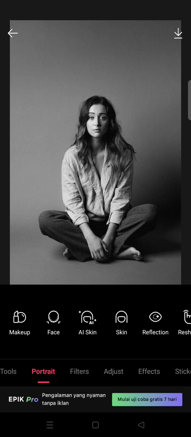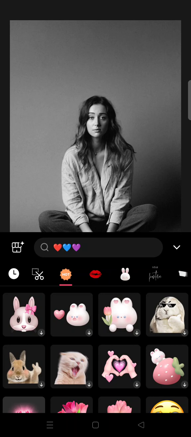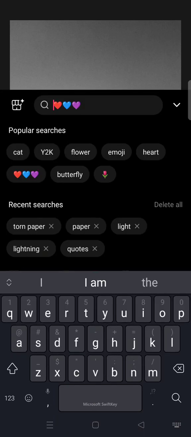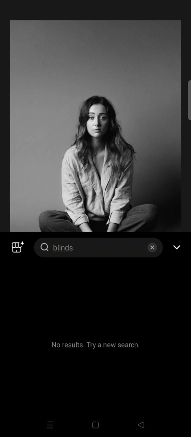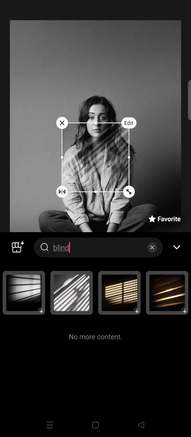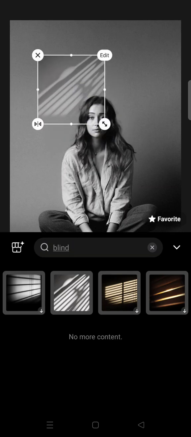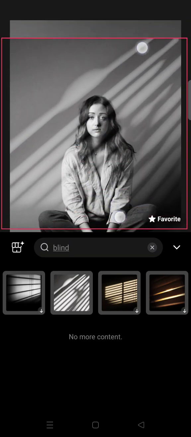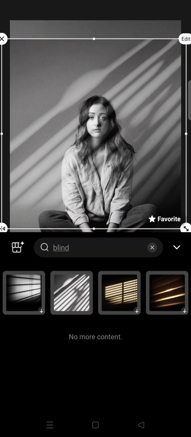So what you need to do is just go to the stickers and then here in the search column find blinds. I'm going to try. Okay, so here is the result. You can just choose which one that you want to use. Let's say I want to use this window shadows, so you can just adjust the size like this, for example,